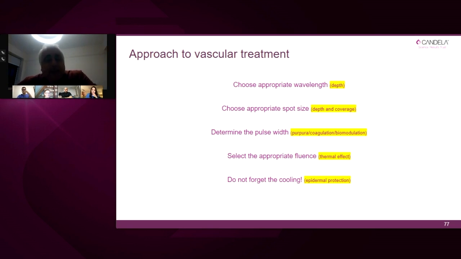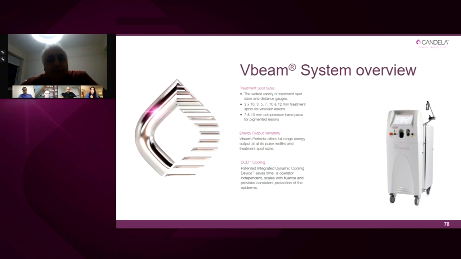And really the fluence is a thermal effect, because that's what the fluence does. It's the delta T rise, which is the temperature rise. So we want a clinical endpoint. That could be purpura, for example, in some of the conditions. That could be a color change, a little bit of subtle darkening, for example, with diffuse redness. And I do put here, do not forget cooling. I know that the Nautilus doesn't have cooling. Things are a bit different with the V-beam and the pulse dye laser, also because of the strong melanin absorption that you have, and therefore we have in the V-beam Perfecta the DCD that allows us to adjust the cooling.